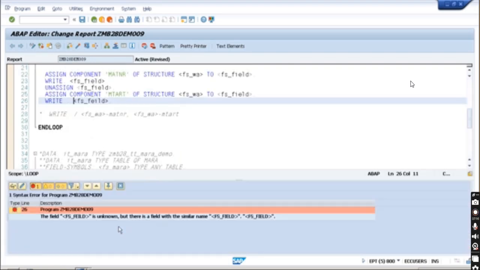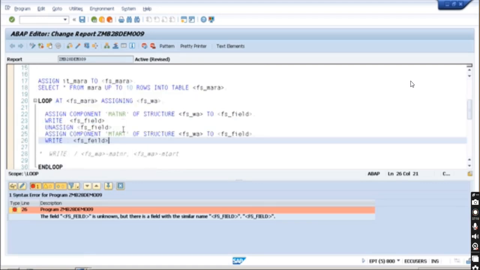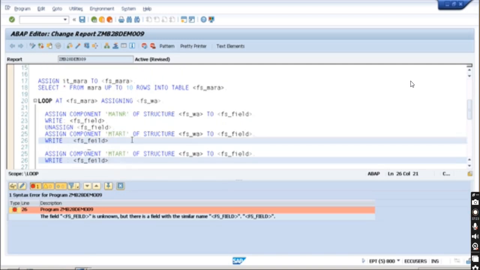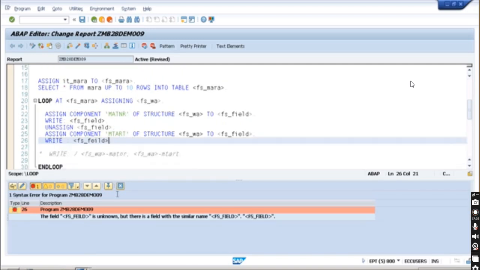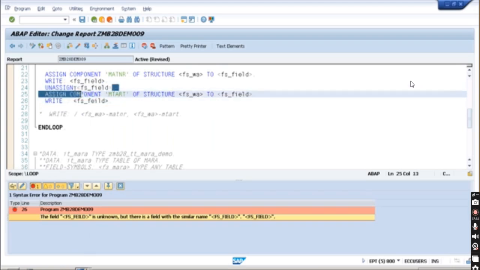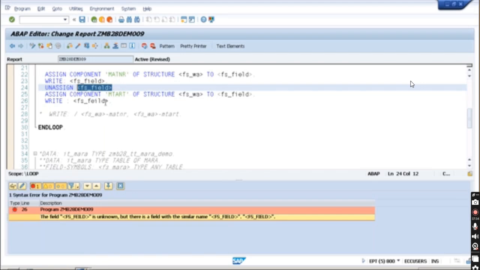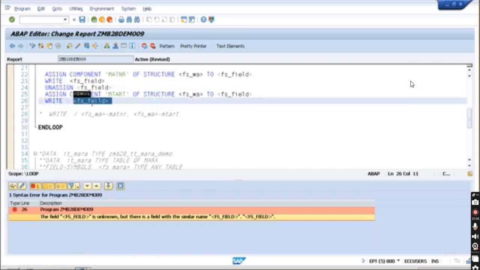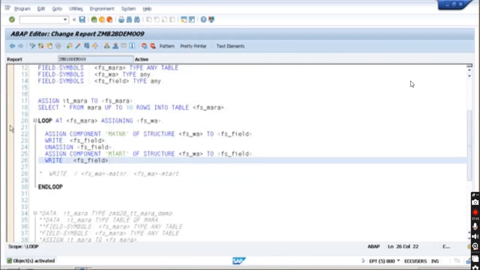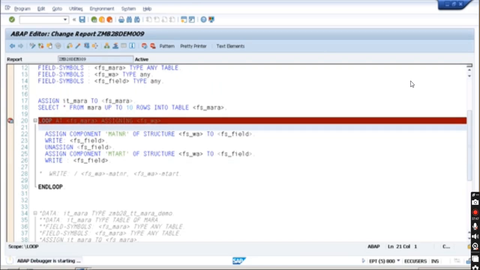And again some error is there, some mismatch with the field I'm using. Let me check. The field symbol is unknown. Okay, it should be the same name. Some typo error is there. Check the syntax now, and this is fine. Activate it, and let us see how it's behaving in the debugging. Press F8